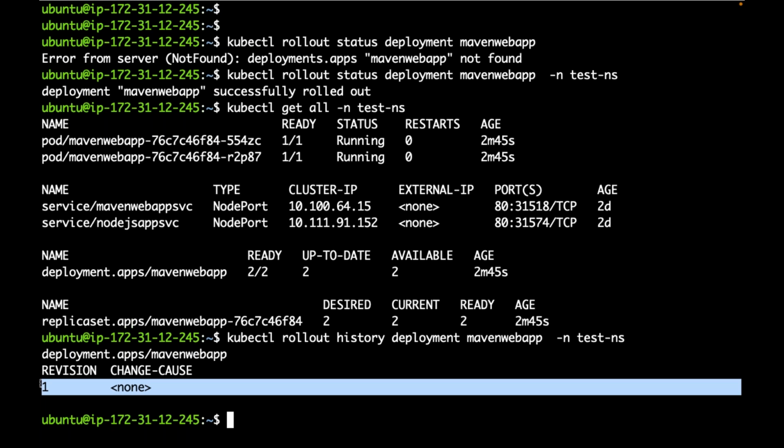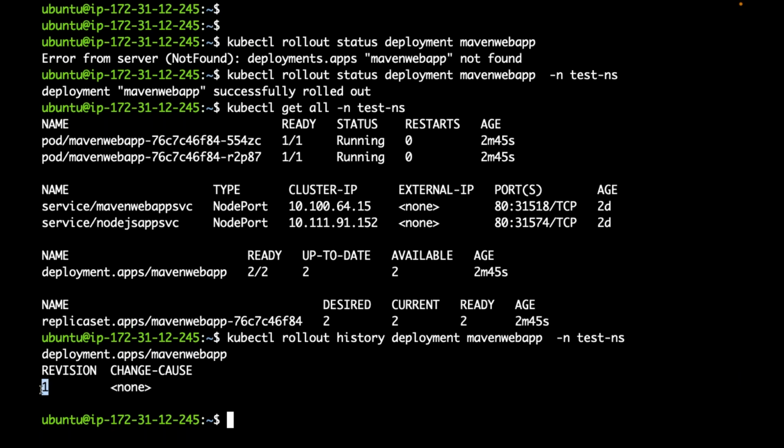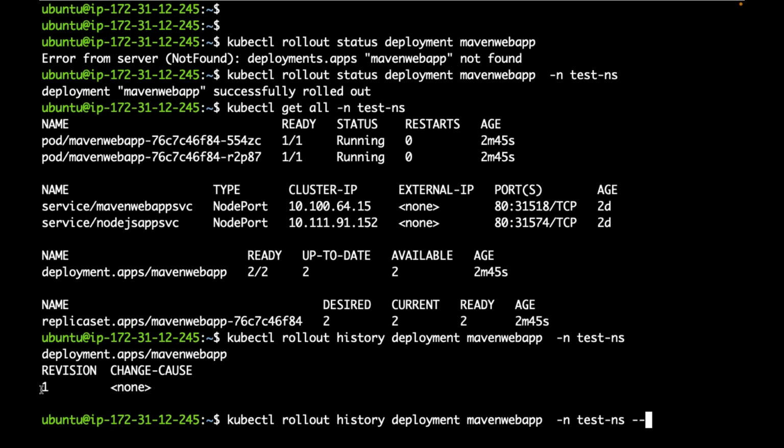Because we just created it. Has the deployment been updated with any changes as of now? No. So, one revision. Now, if I want to see the pod template of this revision, there is one more option, hyphen hyphen revision